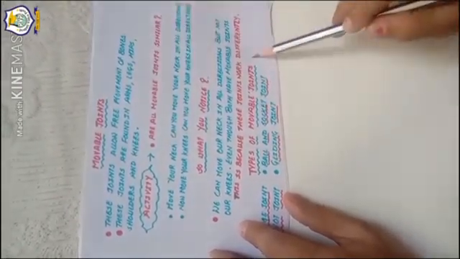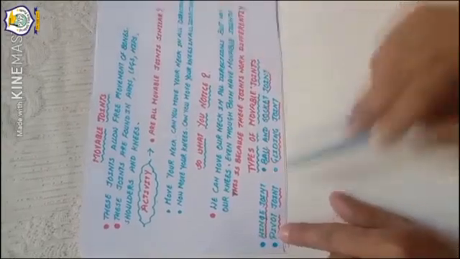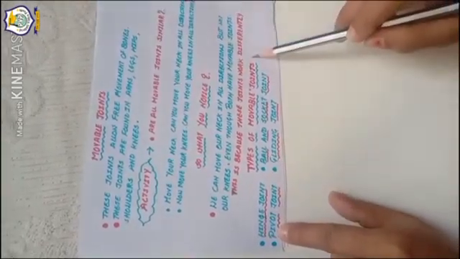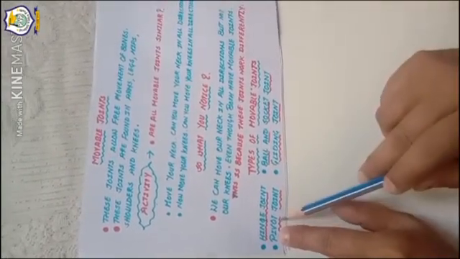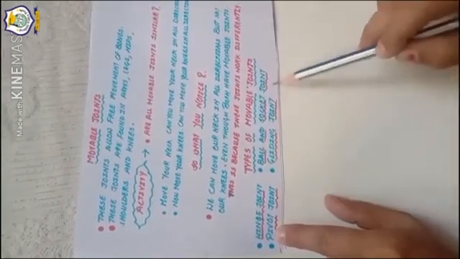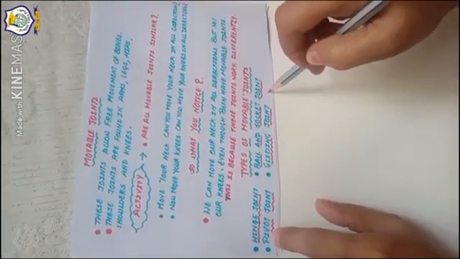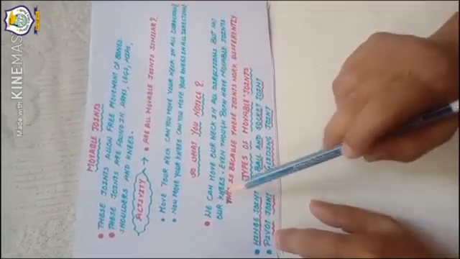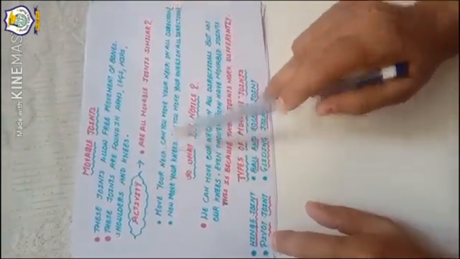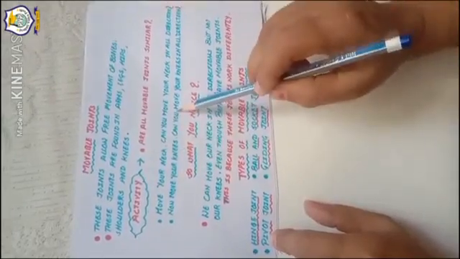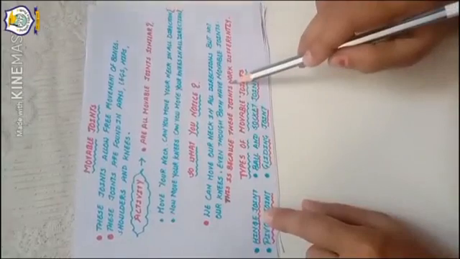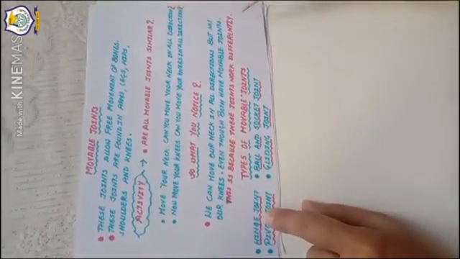Types of movable joints. There are 4 types of movable joints: hinge joint, ball and socket joint, pivot joint and gliding joint. So students, have you noticed that if we move our neck, it moves in all directions, but we can't move our knees in all directions? Why? Because all the movable joints work differently.